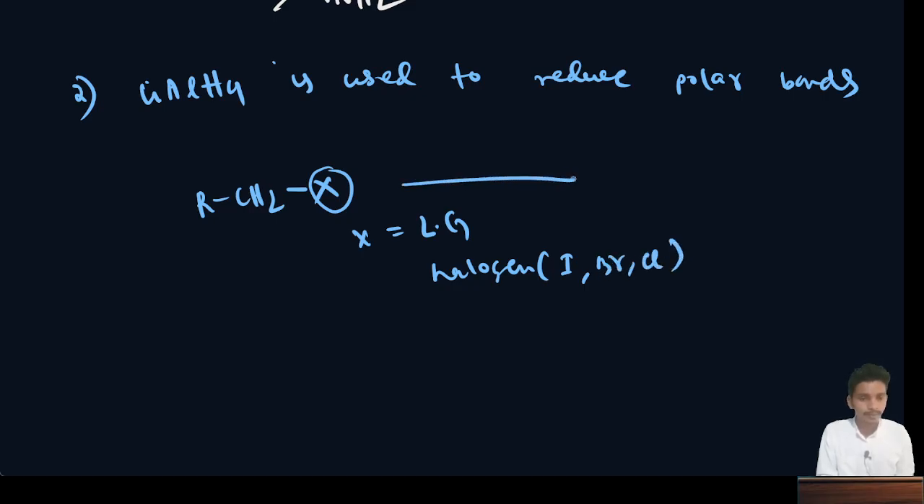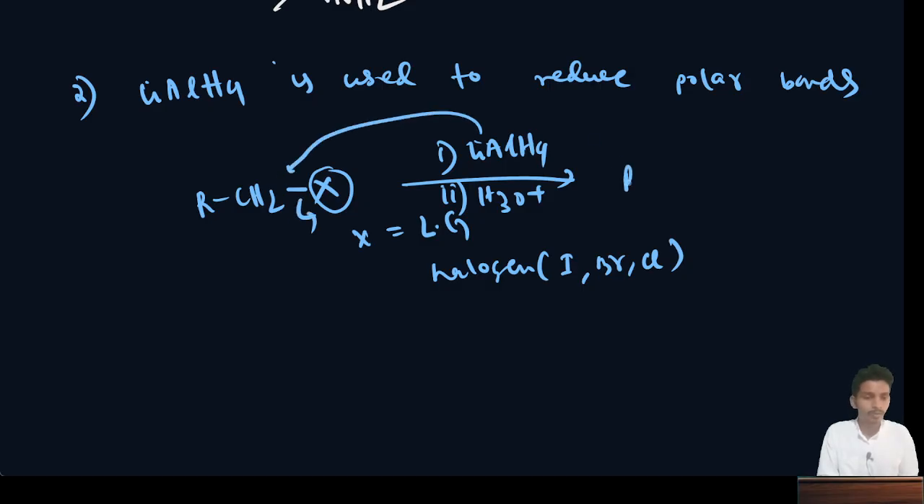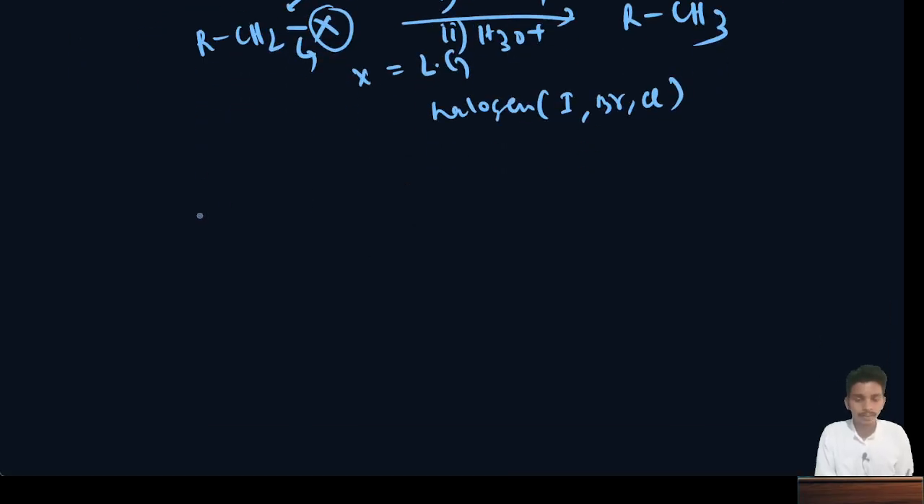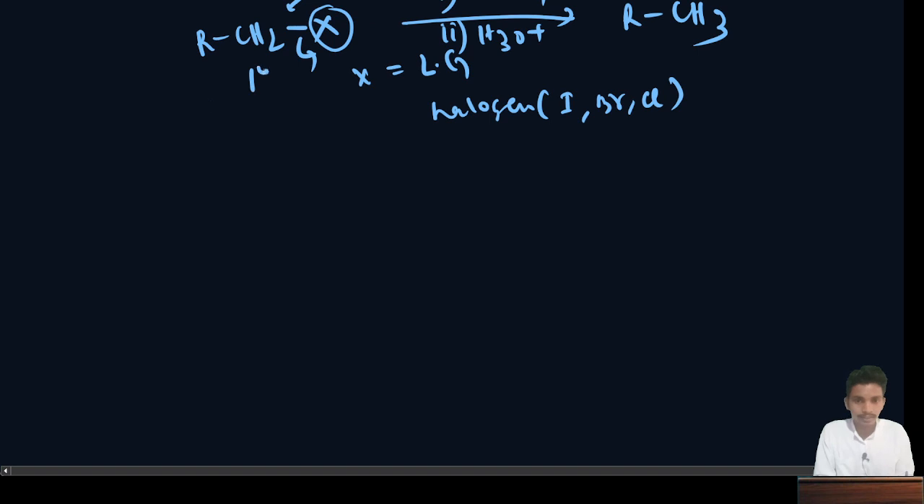In this case, if you give lithium aluminum hydride and then do water hydrolysis, what happens is that the hydrogen will attack here, this will be reduced, and it converts to RCH3. Okay, similarly, if this group is, say, 1 degree,